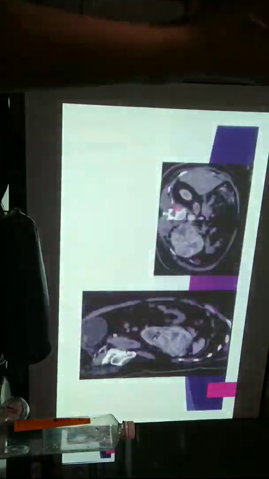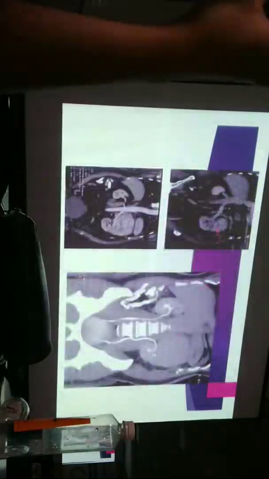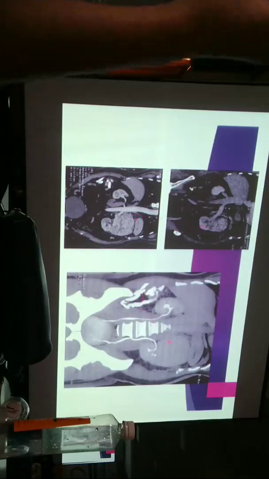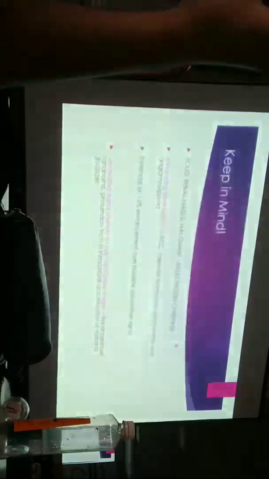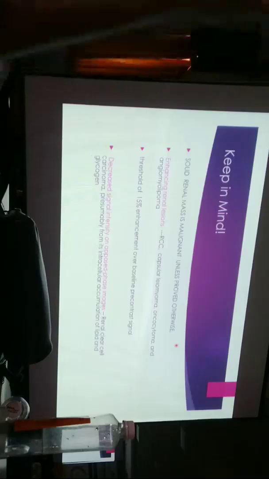RCC. This is a CT urogram that showed a heterogeneous lesion in the left upper pole with obliteration of the calyces, and the corresponding multiplanar coronal image showed the patent renal vein without any thrombus, and the arteries are seen. So MDCT can be used to provide one-stop imaging like MR, where you can see the renal veins, arteries, and the CT urogram that shows the non-opacification of the calyces in the left upper pole. What you have to remember is that a solid renal mass is malignant unless it is proved